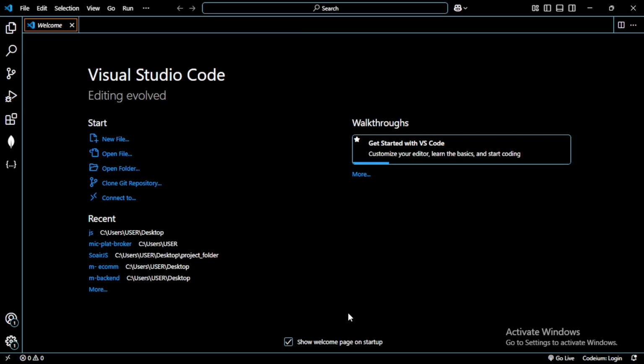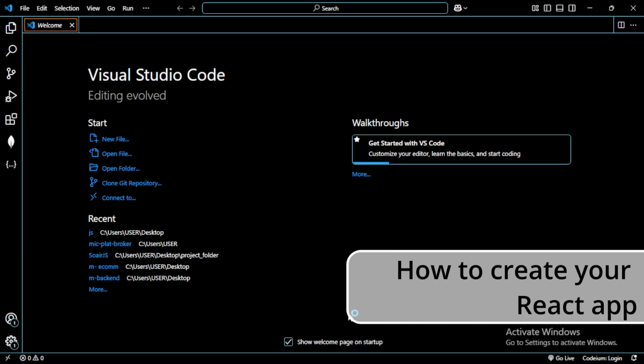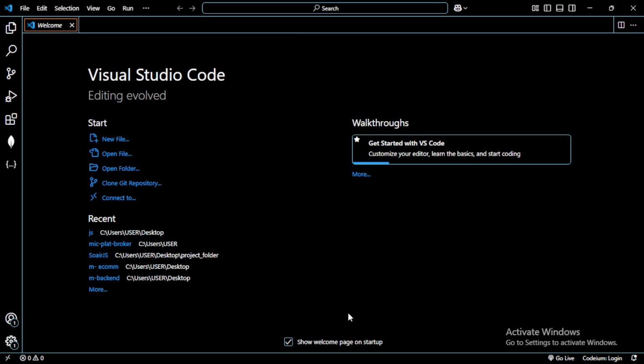So now we'll be starting on how to create our React app. Right before, I advised all of us to install Node. Node also has an installation package called npm. So how do we install our React? We will do